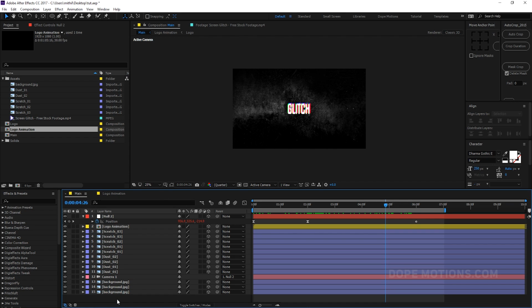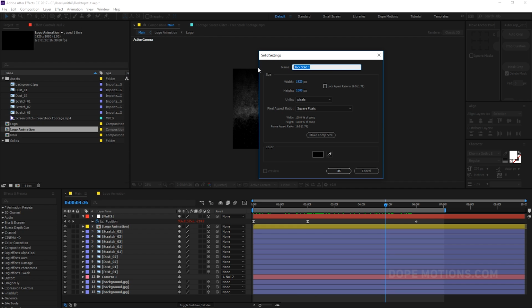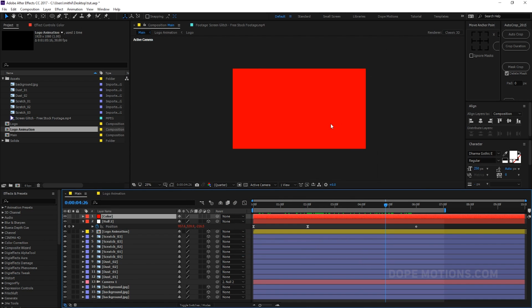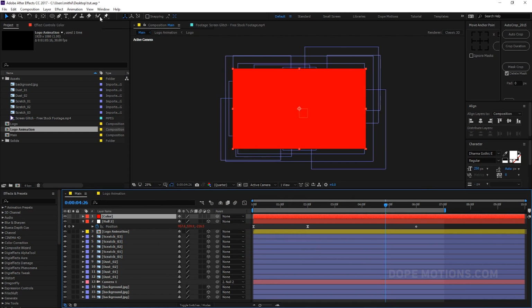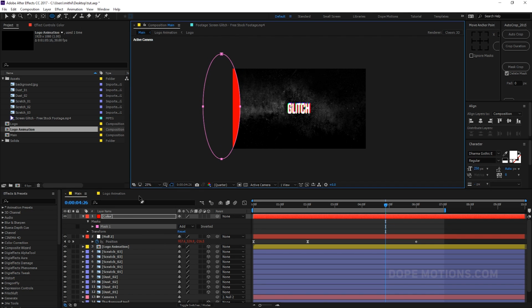So now what I'm going to do is create a new solid by hitting Ctrl Y on the keyboard. Let's rename this to color. Let's make it a complete red, something like that. And I'm going to select my ellipse tool and just create a mask, something like that, and feather this up like a lot,